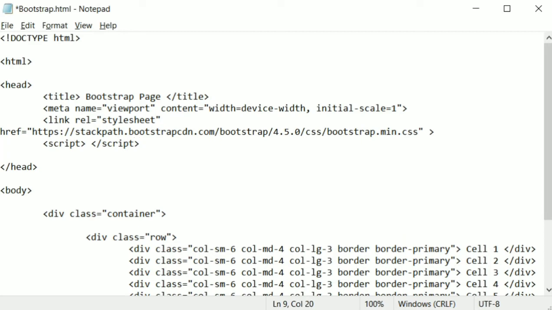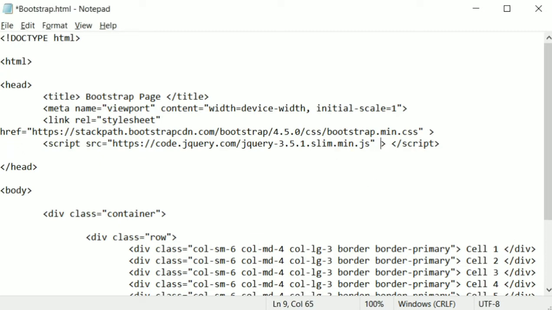and I have to give a source. So last time we gave the source as our JavaScript file. Now I'm going to give a CDN which is also from the website. There's a link, you can download it to your local and put that file here, or you can directly put this CDN link which will download it for you. So this is the CDN link, and then I'm going to add a few attributes.